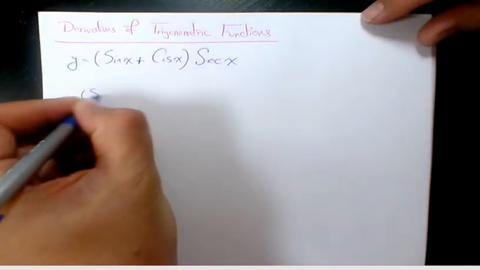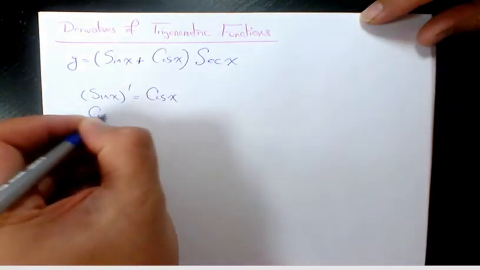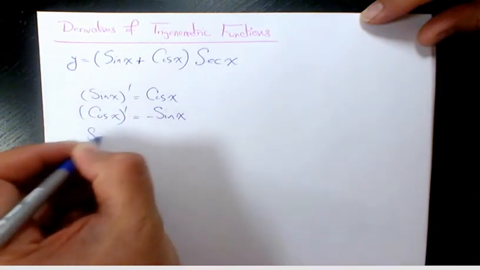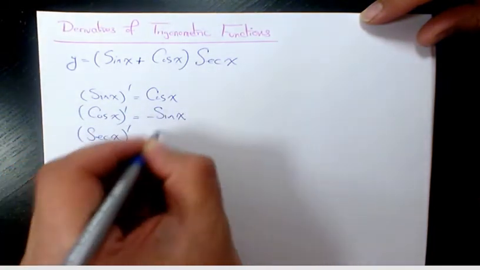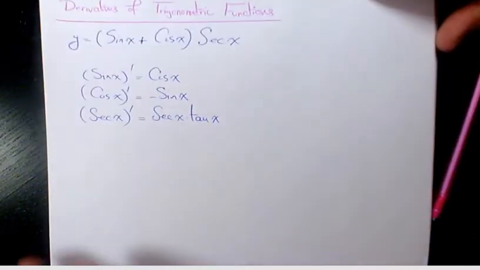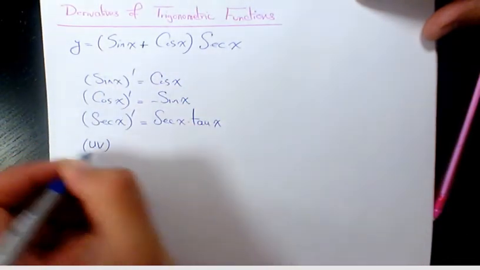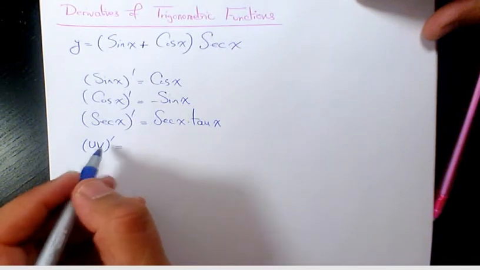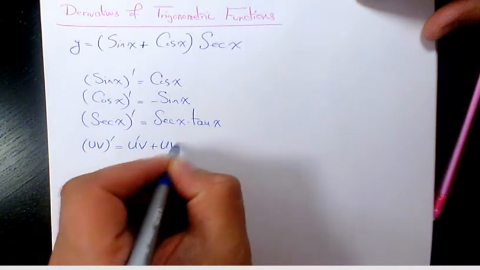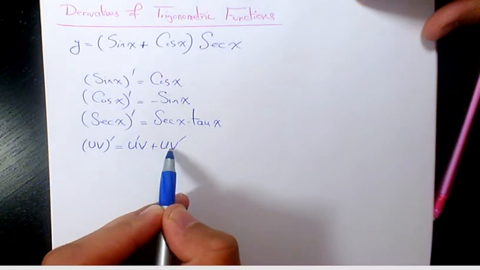You know the derivative of sine x is cosine x. Derivative of cosine x is negative sine x. And derivative of secant x is secant x times tan x. So whenever we are dealing with such examples, we can use the product rule. Derivative of uv is going to be u prime v plus u v prime. It means the derivative of the first one times the second one plus the first one times the derivative of the